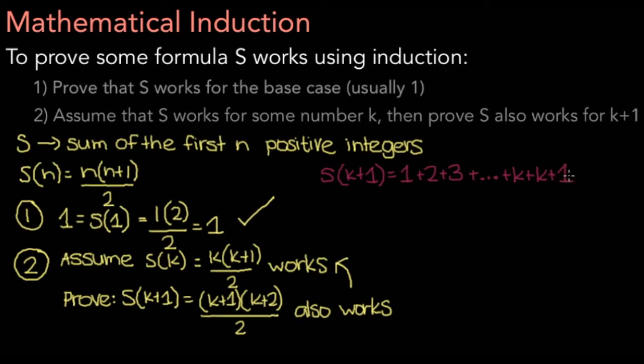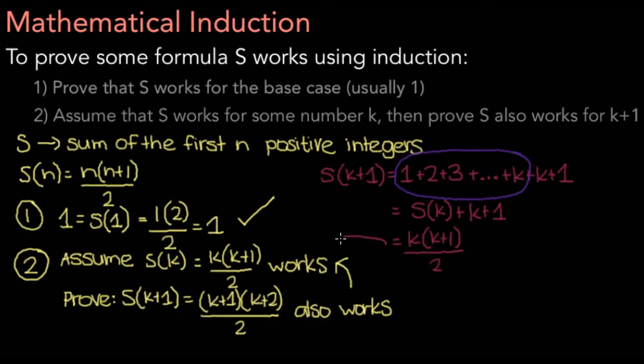And this is because S of k plus 1 is just the sum of the first k plus 1 positive integers. Now these terms over here should be familiar to you guys. The sum of the first k integers is simply S of k, and so this statement is equal to S of k plus k plus 1. S of k equals k times k plus 1 over 2. From this step over here, this is where our assumption comes into play,